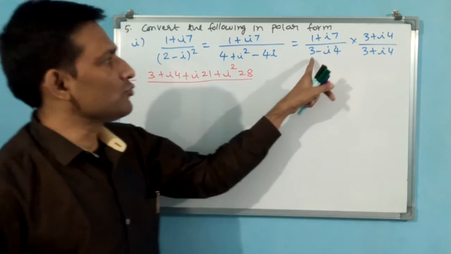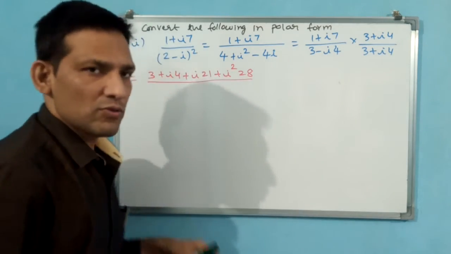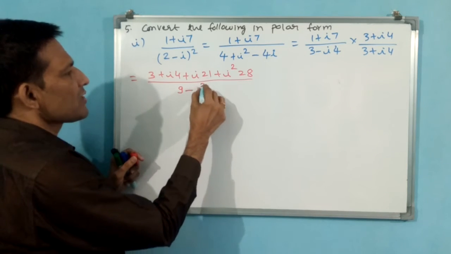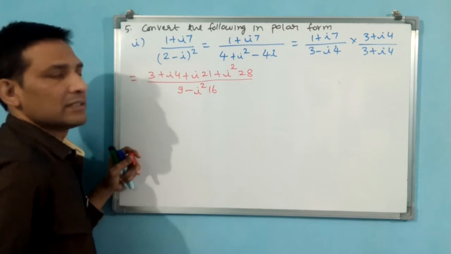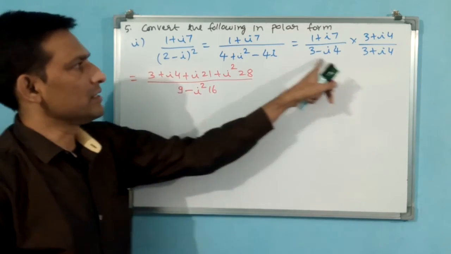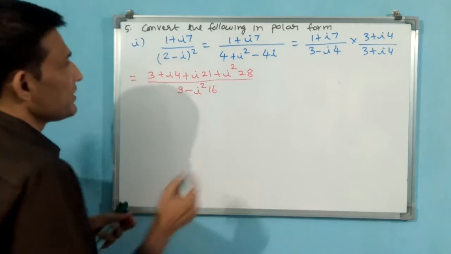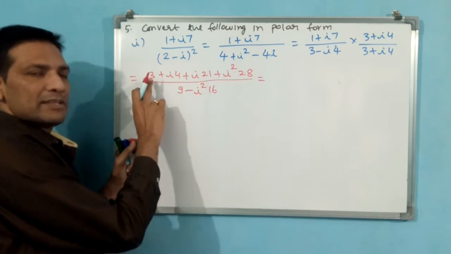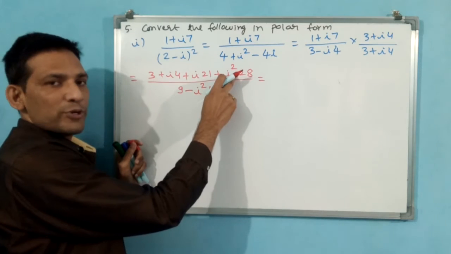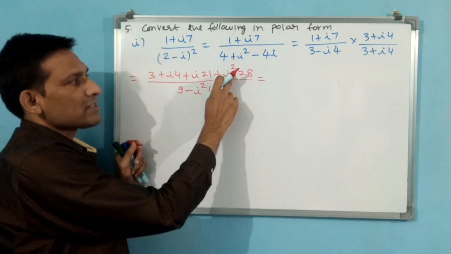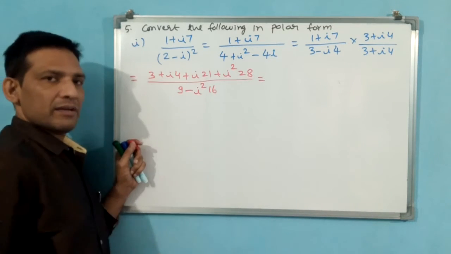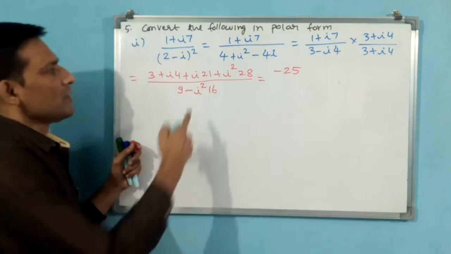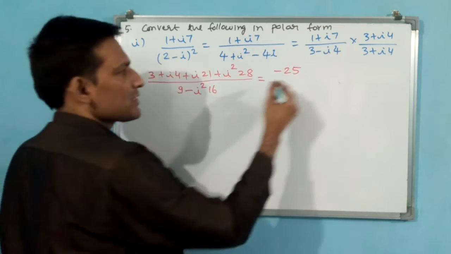See, rationalization you have done means a square minus b square you have to do. You need not see that much. A square 9 minus b square, i square 4 square 16. Okay. A square minus b square, a plus b into a minus b. Now you see i square value, see, always after multiplication one part is going to become real number. I square is minus 1, minus 28 plus 3, minus 25. Okay. Plus 21 plus 4, plus 25.